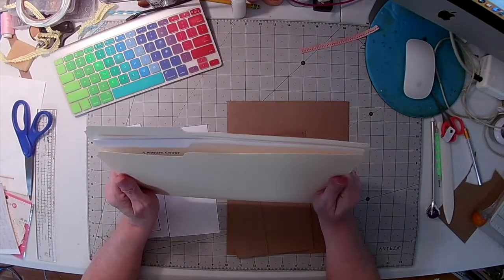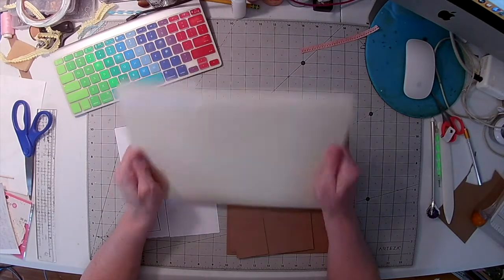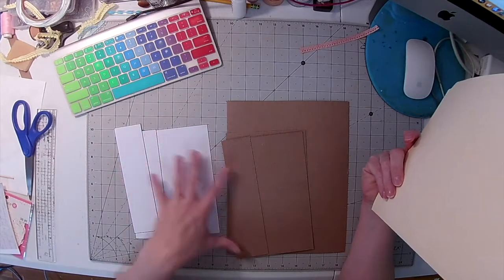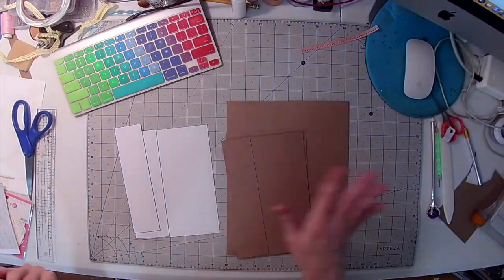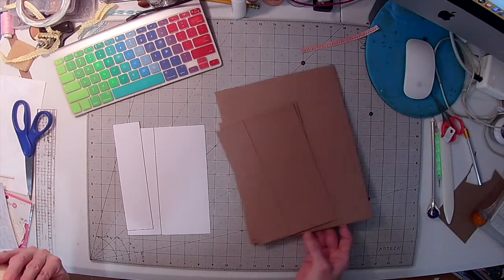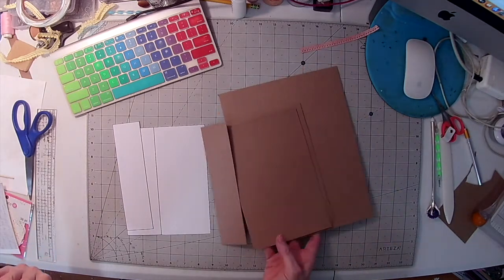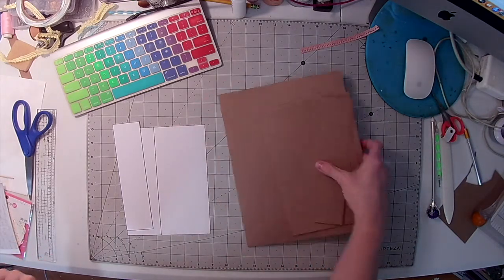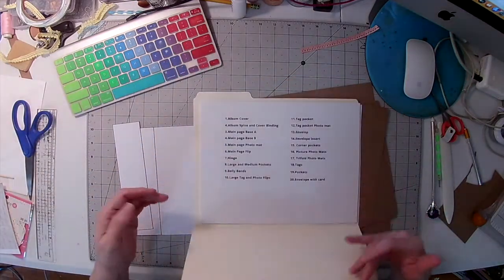Here we go. We are going to start the cover for a beginner's album with the album template. This is perfect for beginners who have never done albums, who have no idea how to start one. So this is perfect. So what you'll need is